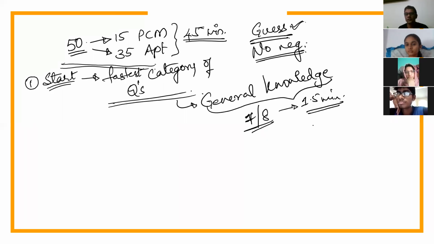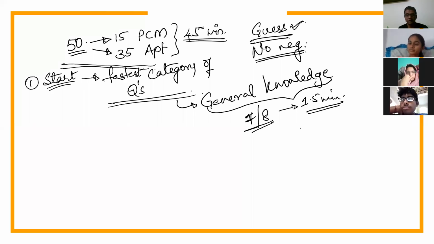Okay, because each question typically takes, let's say, 10 seconds for me to read and to decide whether I know or I do not know. Let's put it in this way. If someone says, where is the Taj Mahal situated, do each one of you know the answer, or do you need to spend 10 seconds to figure out the answer? You know the answer, which means you have spent probably 2 seconds to read the question, probably a fraction of a second to know the answer.